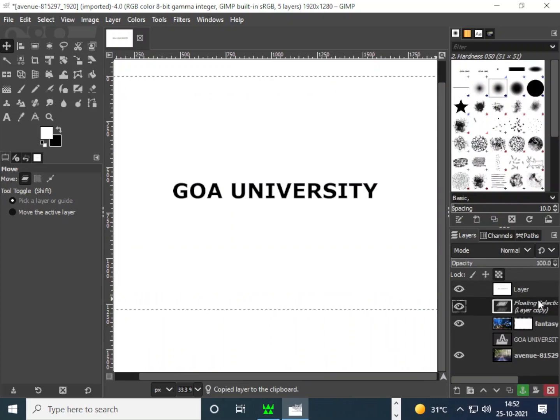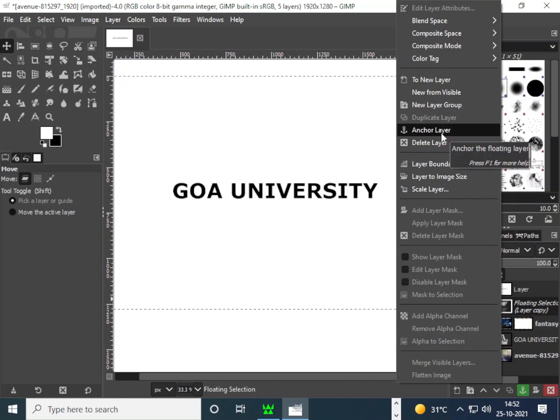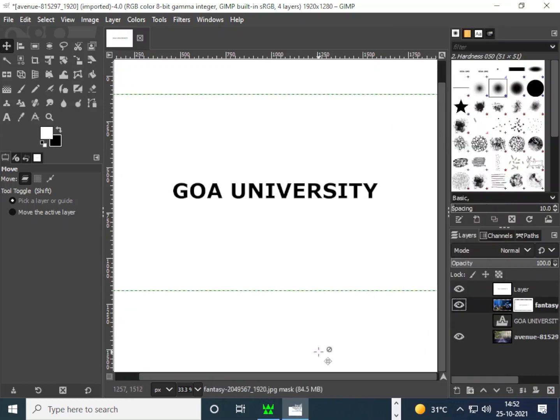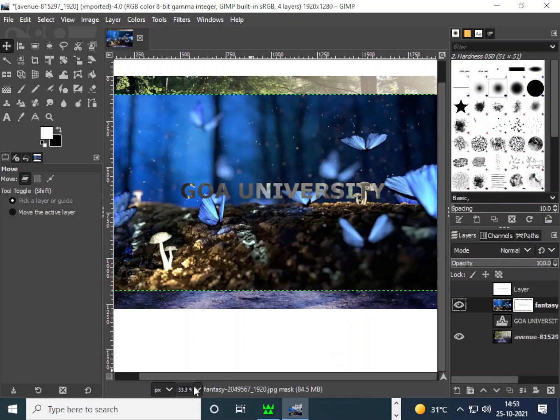You got a floating layer like that. Right click on it and say anchor layer. Done. This is how it should appear, your image should be there and the text will go transparent. Has that happened? Maybe your layer is still active, the mask is still active, just hide the mask. Then click on that eye.